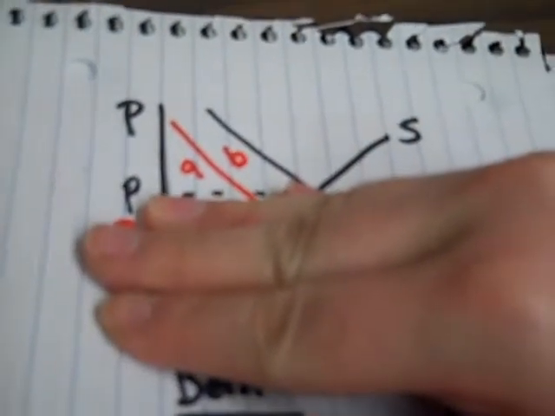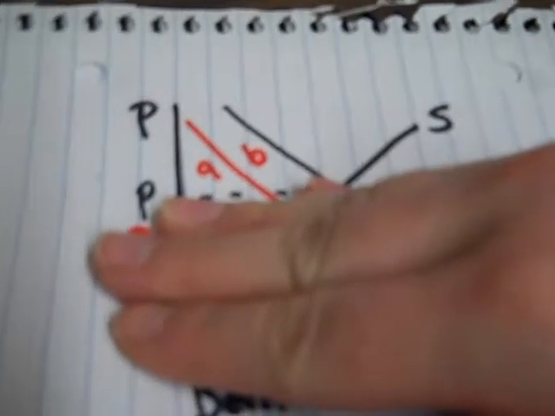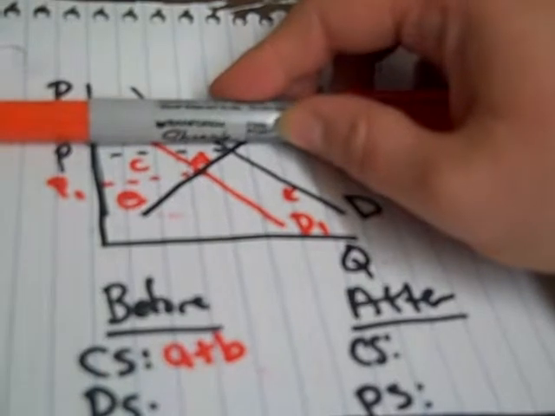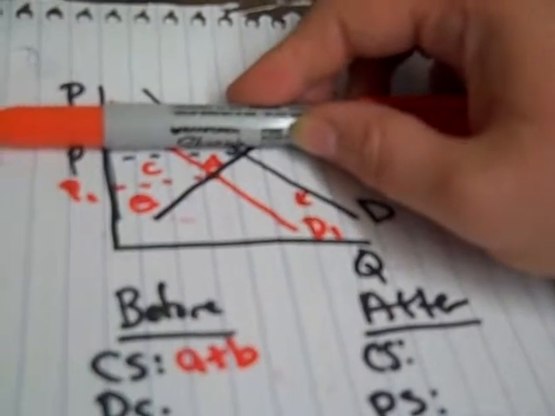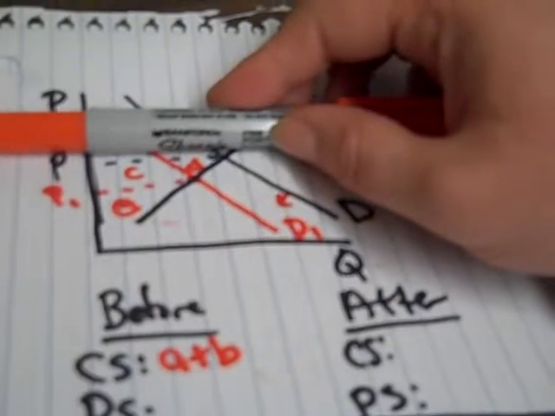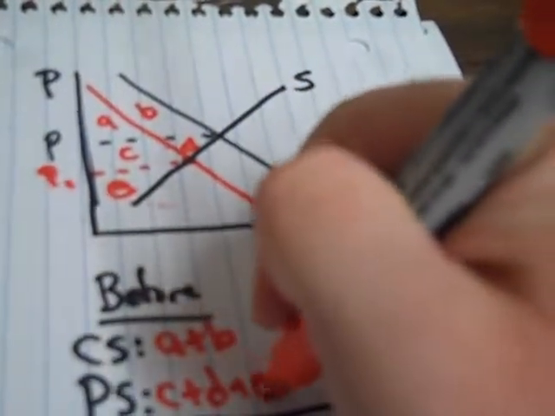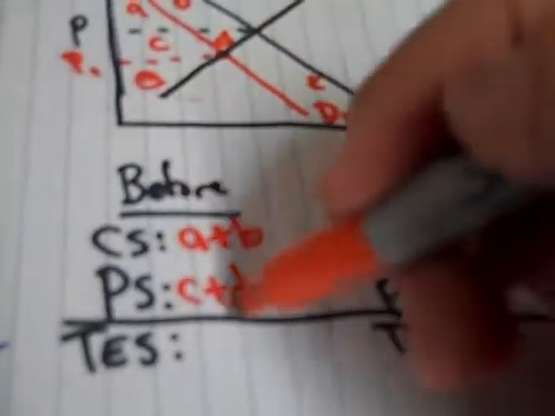Now let's find our consumer surplus before the E. coli disaster. So we would look above the price line, our original black price line, and to the left of our original black demand curve, and we have areas A and B. Then if we were going to look at our original producer surplus, we would be looking below the price line, the black price line, and to the left of our black supply curve, and we would see areas C, D, and E. And so as a whole, if we add all those up,